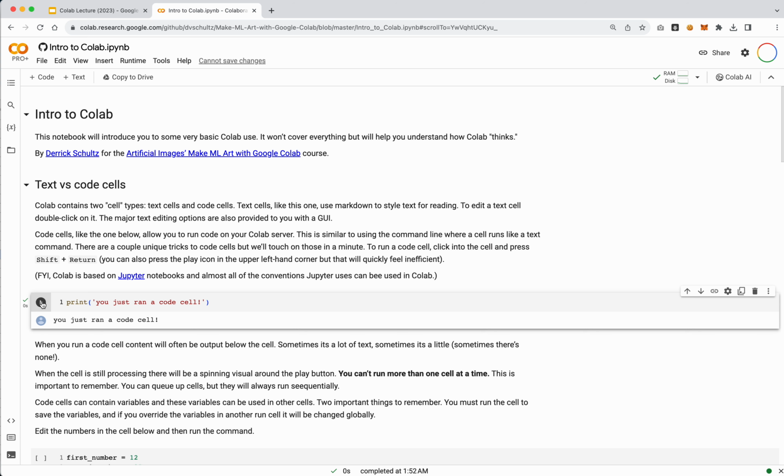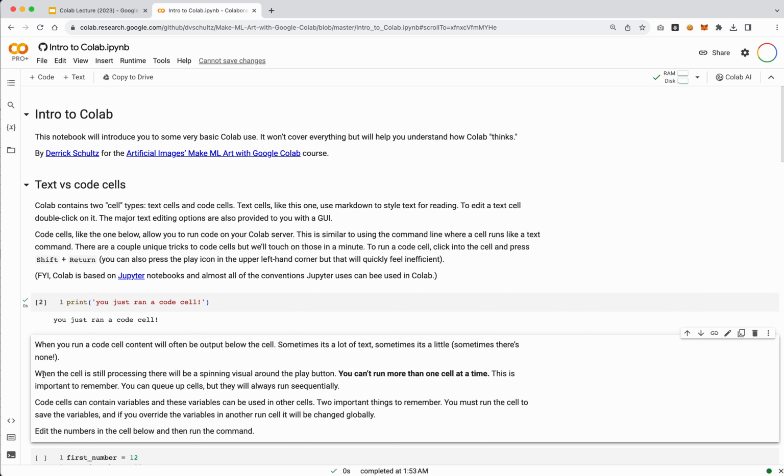I can run this again. Just hit the play button again, and you'll see when you click off of it that there's a little number inside that cell, and that's the order of how many times it's run. So this is run once and then twice, so it's actually 2, right, because it ran 2 times, and that's why there's a 2 there.